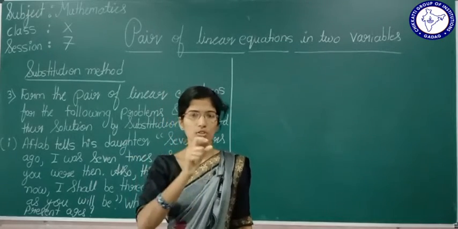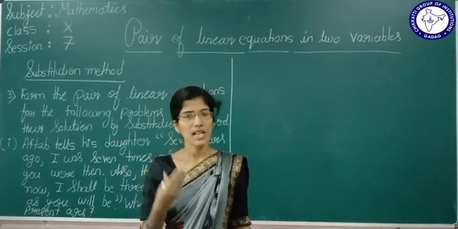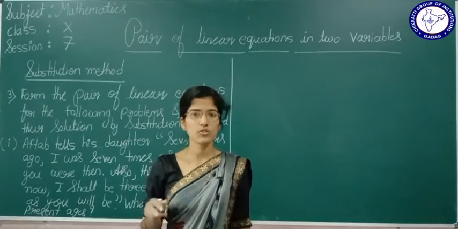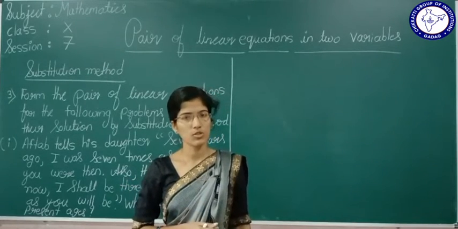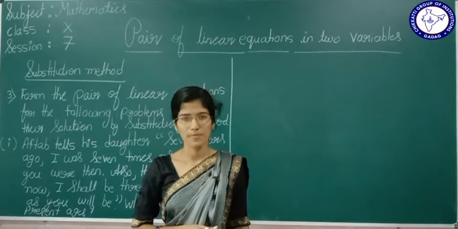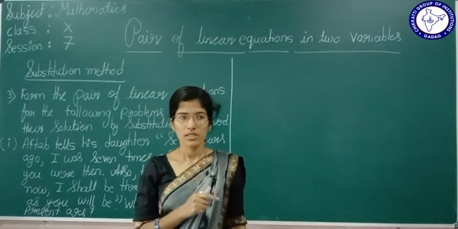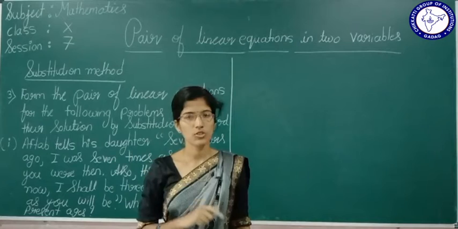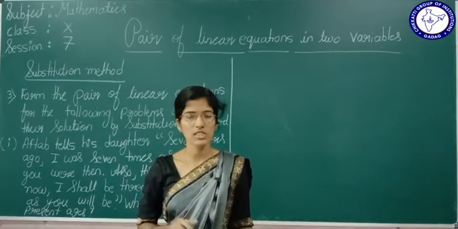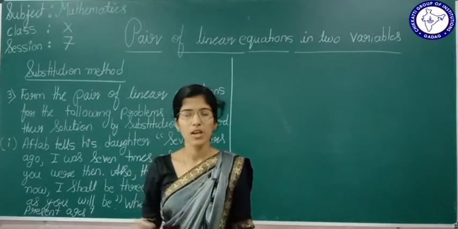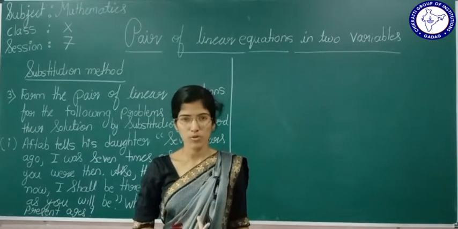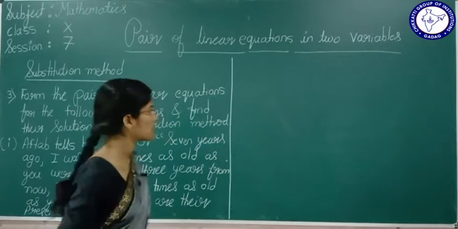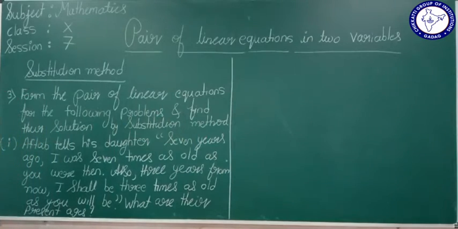From that we are going to get the x value. That x value we substitute in another equation, and at that time we get the value of y. Thus the x and y are the solution of the linear equations. This is about the substitution method. In the last class we were solving problems. We will continue that. Two problems we solved in the last class.